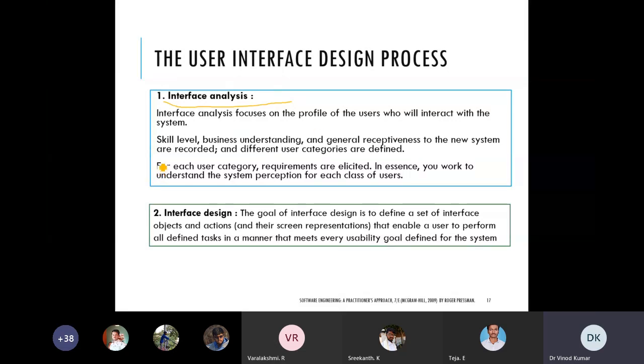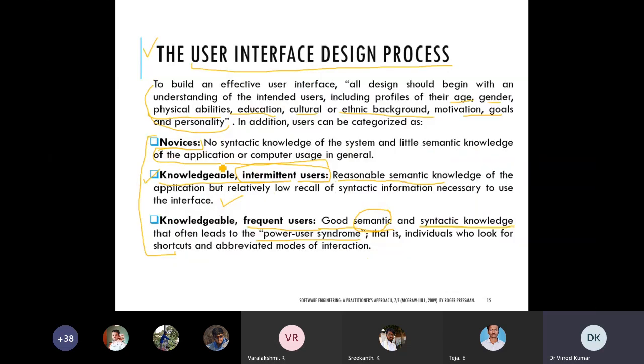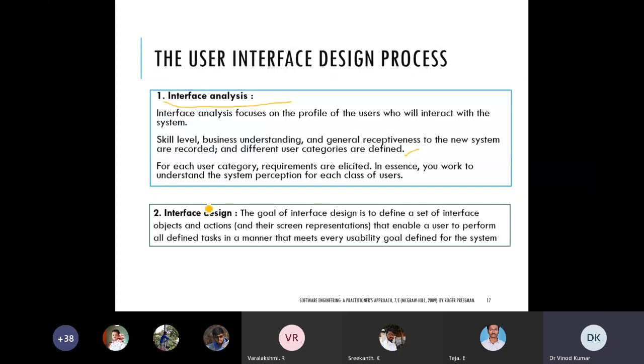What is their skill level, their business understanding, and their general receptiveness to the new system. These things are recorded and user categorization is done. Previously we did this. After that you will finish the requirement analysis.